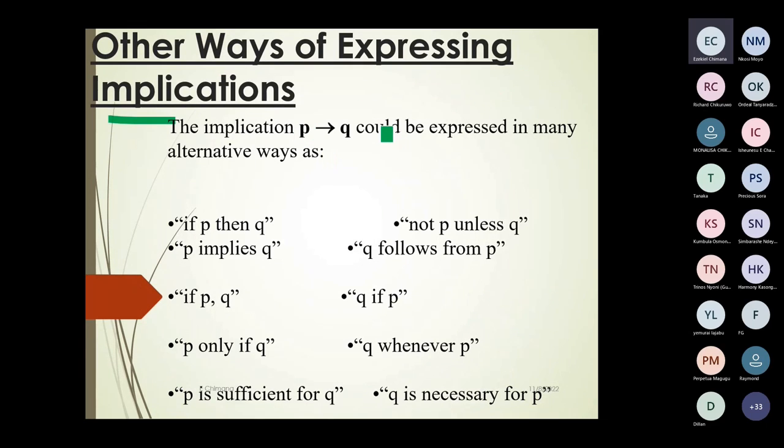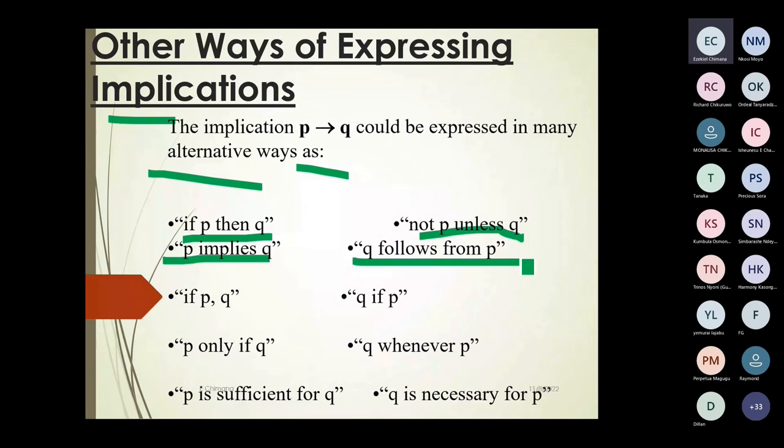The implication P implies Q could be expressed in many alternative ways, such as if P, then Q, or we can just say P implies Q. We can just say not P unless Q, say Q follows from P, or Q if P, or if P, Q, P only if Q, or Q whenever P, or P is sufficient for Q, or Q is necessary for